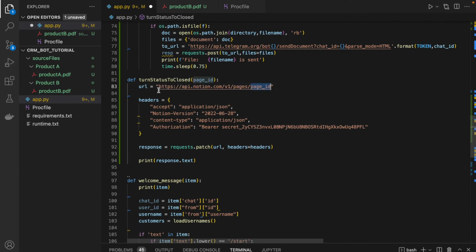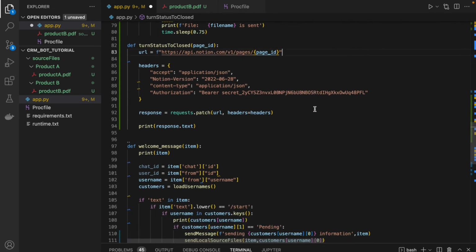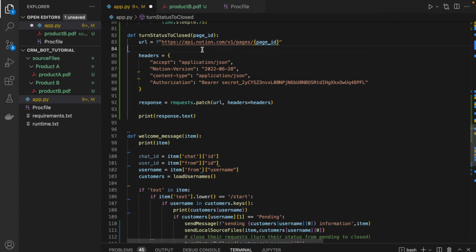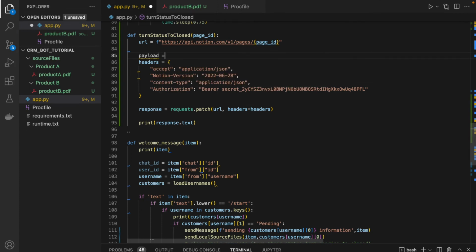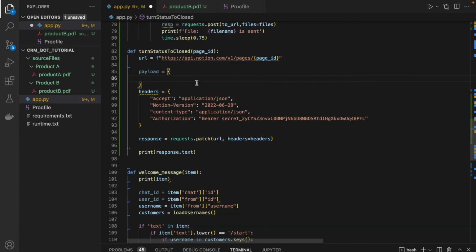So this will be a page ID that we have passed in. So change it to an f-string, and then we will need to define some payload for the changes that we would like to make. So payload equals,